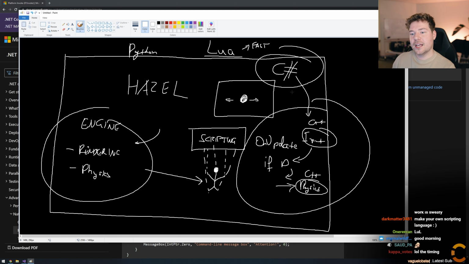But from a usability point of view, C# is also fast, so it has that benefit. At least these two are, as far as I understand, much faster than Python. But it's just a lot nicer to work with on larger sets. But anyway, we're getting a little bit too sidetracked.